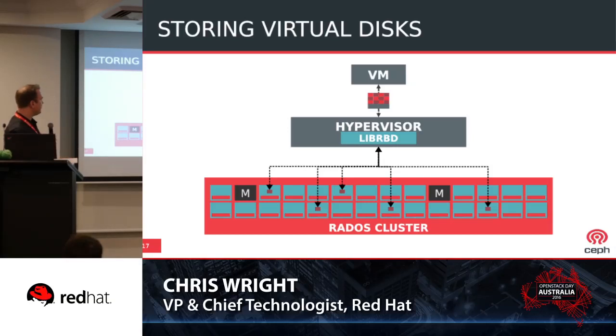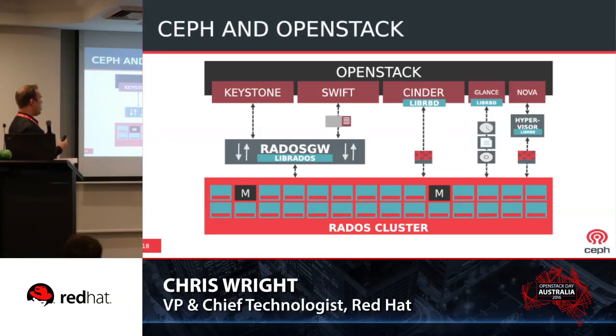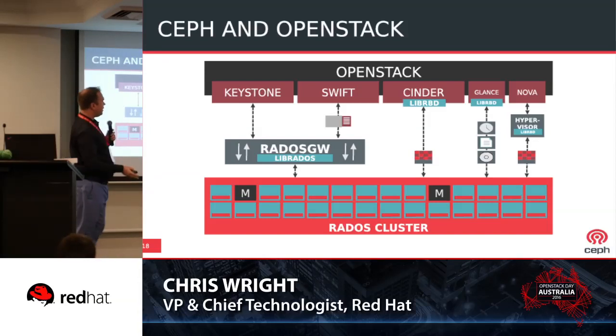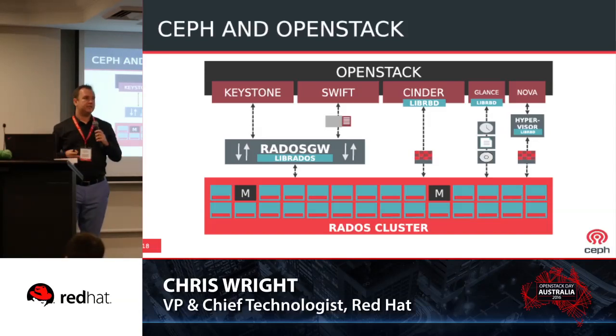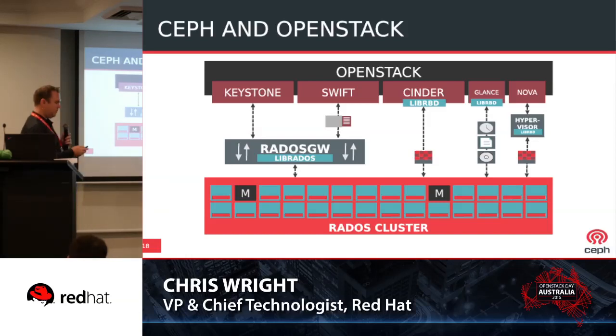It's really cool. So in terms of what the OpenStack picture looks like, we've got Keystone integration for authentication and authorization. We get a token and a ticket, and then I can go and access Swift or S3 for my applications. I talk directly to Cinder or to Glance, and then I can also do Nova storage as well. So in terms of a storage platform for OpenStack, Ceph can do everything. And I'll talk about the one thing that's not mentioned on there in what's new.